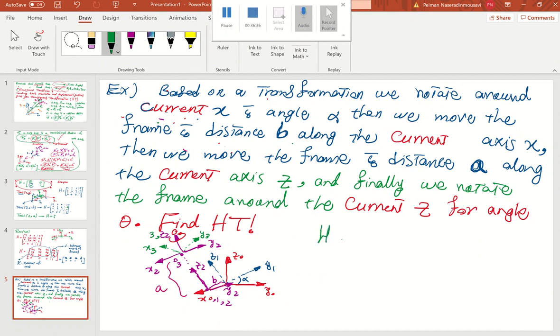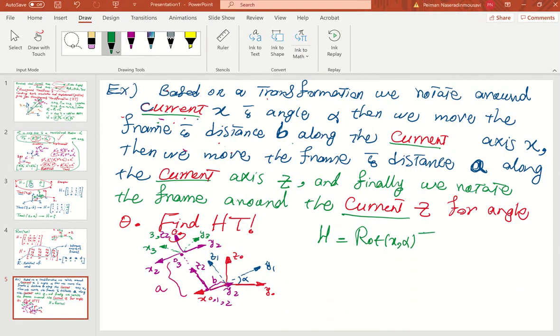But because I told you that we are doing all of them around the current axis, both the rotation and displacement, we are going in the forward direction, which means that we have first a rotation around current x by alpha multiplied by translation along x by b multiplied by another translation along z by a, multiplied